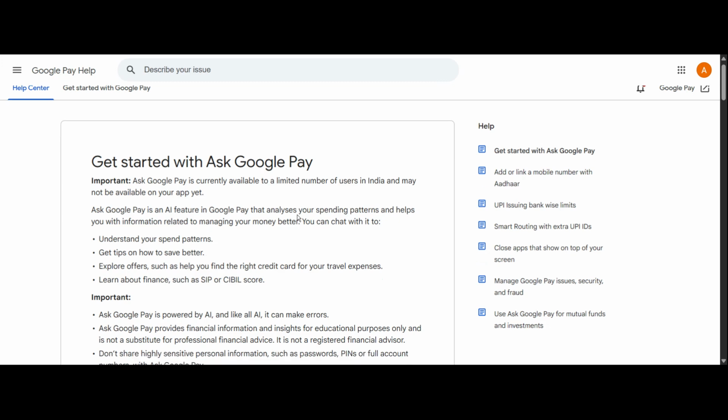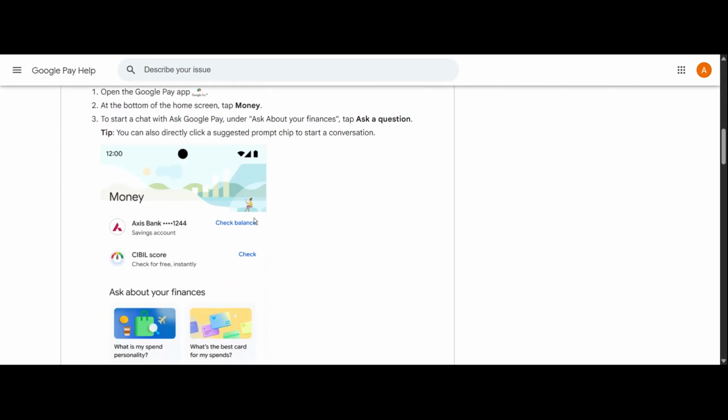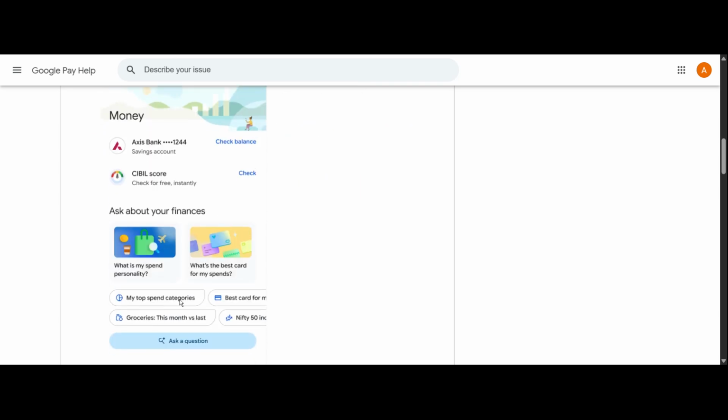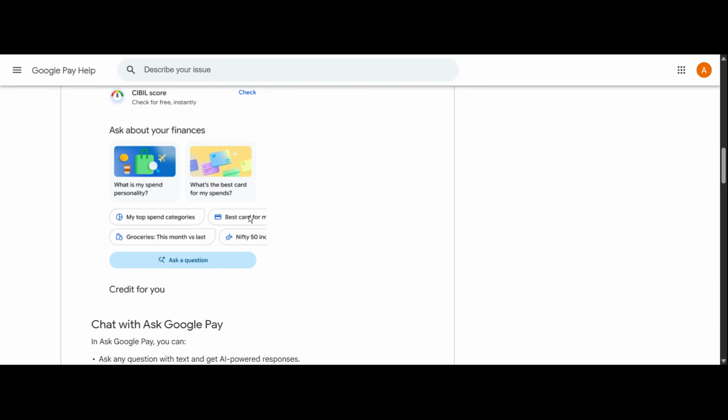First, open the Google Pay app on your phone and make sure you're signed in to the correct account. Once you're on the main home screen, look for the Money section. This is where Google is rolling out the Ask Google Pay experience for eligible users. Tap on Money and take a careful look at the options that appear. If the feature has been enabled for your account, you should see Ask Google Pay, prompts or related suggestions inside